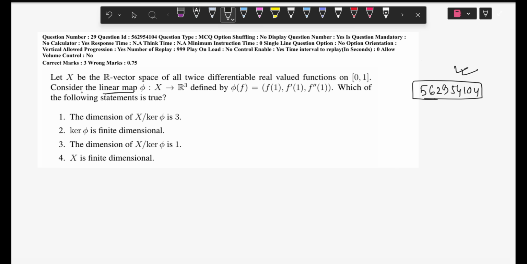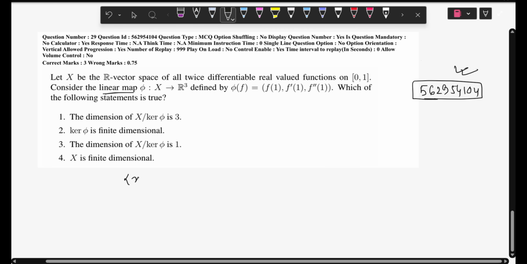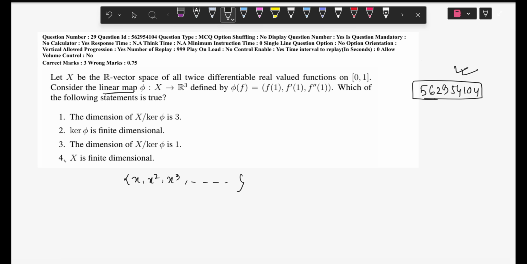The dimension of X by kernel phi is 3, kernel phi is finite dimensional, the dimension of X by kernel phi is 1, X is finite dimensional। First of all note that X contains all twice differentiable functions on 0 1, so X contains x, x square, x cube, in such a way all the polynomials, right? So now this is a linearly independent infinite set, so X cannot be finite dimensional, so we can immediately eliminate